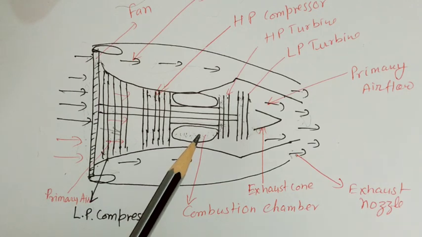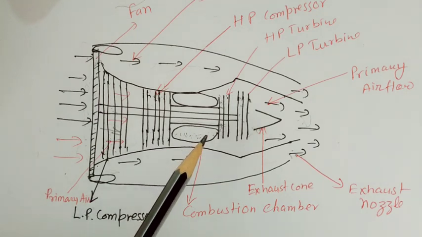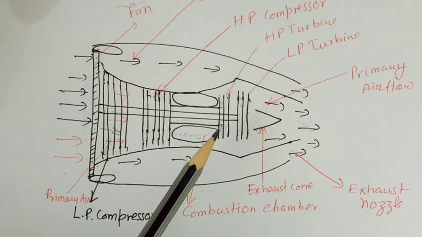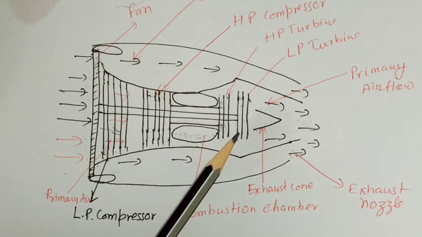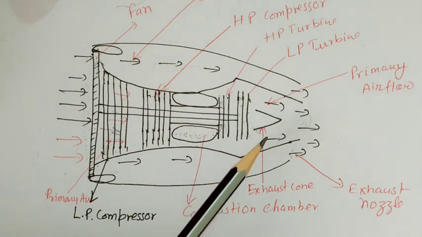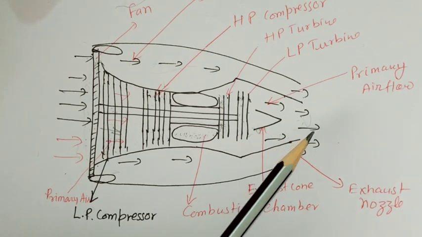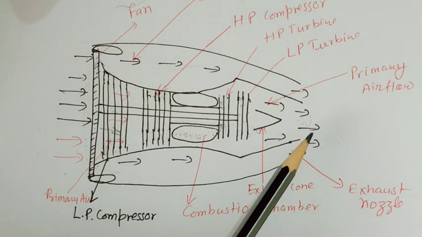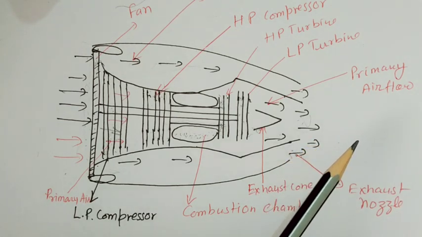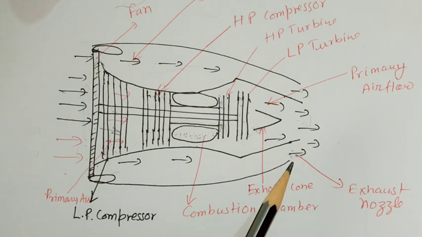High energy is generated. This gas then comes out from the combustion chamber and impinges on these turbine blades, and after that it goes to the LP turbine blades, striking on these blades. Then through this area it goes to the exhaust nozzle, and here the secondary airflow is also mixing and both go to the atmosphere, giving a reaction thrust by which the aircraft moves forward. So this is all about your